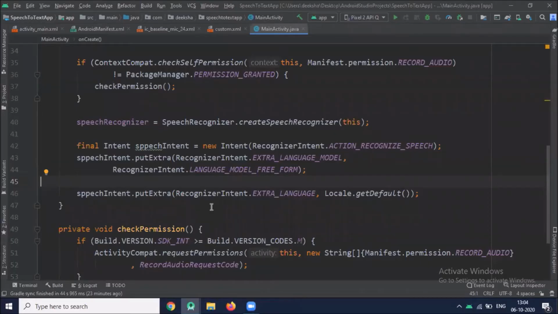Now I'll explain all these constants. ACTION_RECOGNIZE_SPEECH starts an activity that will prompt the user for speech and send it through a speech recognizer.